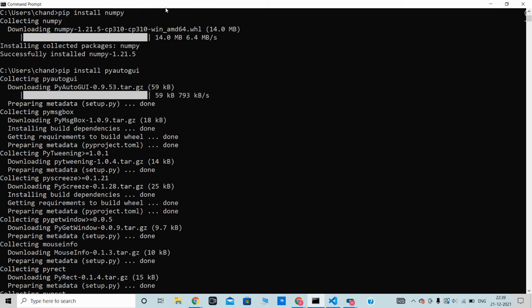Hey guys, did you ever get confused about which screen recorder to use, because there are too many out there? So what if you could write a small code to create your own screen recorder and use it whenever you require? Let's get into the video and write a small code to